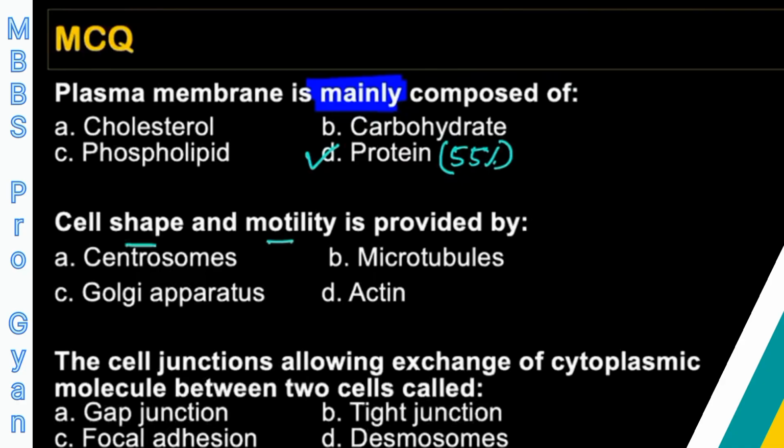Cell shape and motility is provided by, okay, cell shape and motility. So cytoskeleton will be the answer. I can find actin is also there, microtubule is also there, right? But for cell shape and motility, the cilia, flagella, all of this is composed of microtubule, and the strongest cell cytoskeleton is microtubule, so it is better to choose microtubule in this question. The cell junction allowing exchange of cytoplasmic molecules between two cells is nothing but the gap junction that we have discussed. So this is all about